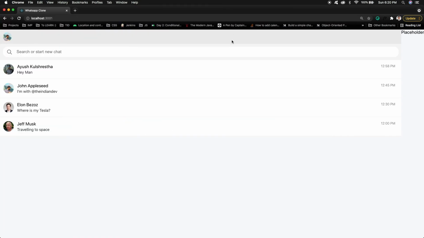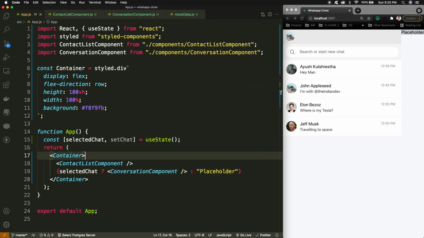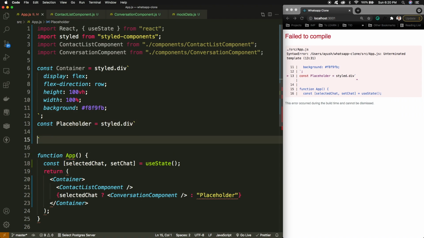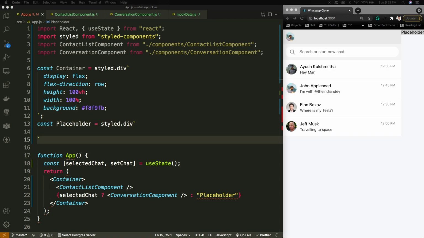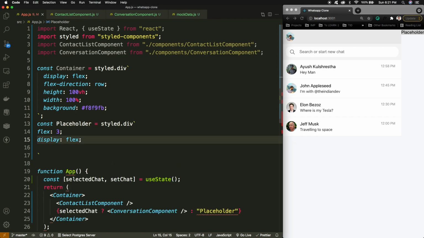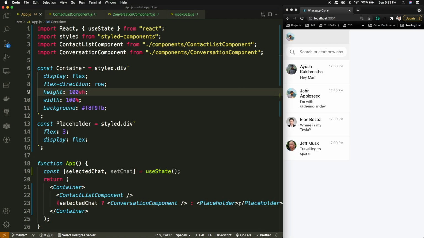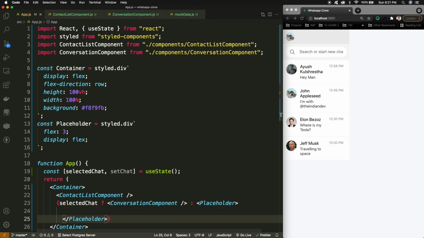So now, like if you can have a look, then the placeholder is here, and as the placeholder is not having any flex, that's why it's like taking a lot of the stuff. For the placeholder, what I can do is I can create a div, and inside this div I can use the flex kind of thing, so that it is taking like the equal width. So inside this placeholder, like now you can see that the placeholder is taking the required width,